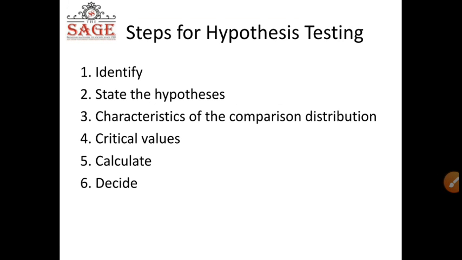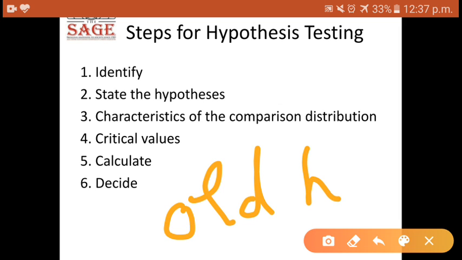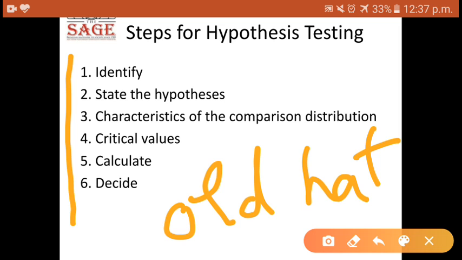In this, again, steps for hypothesis testing. The old hat. I would like to wear the old hat always, because this old hat helps you in understanding that in whatever condition or similar situation you are, you have to follow certain steps. Now, which condition are you in just now? You are trying to find out parametric hypothesis testing. So what are the steps?